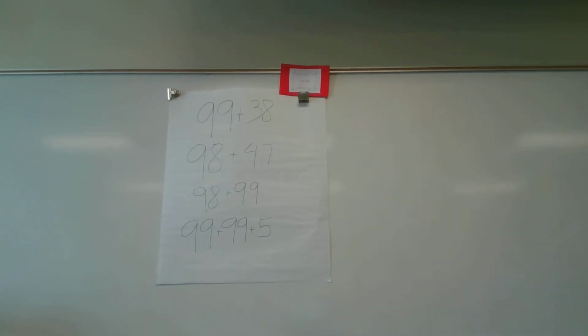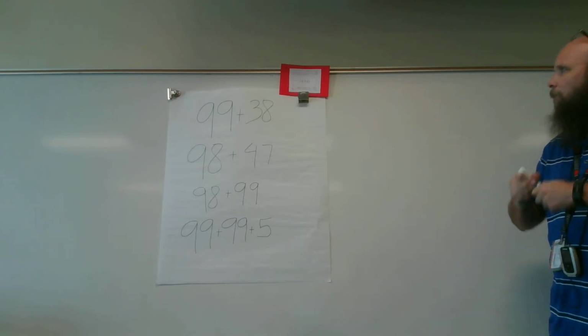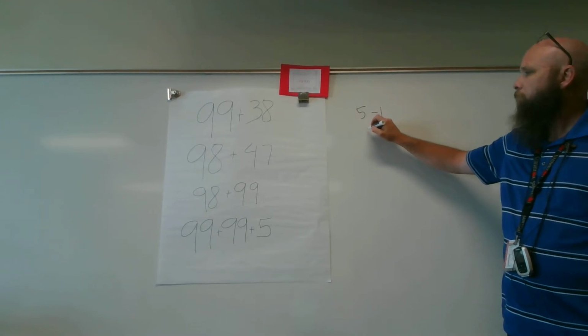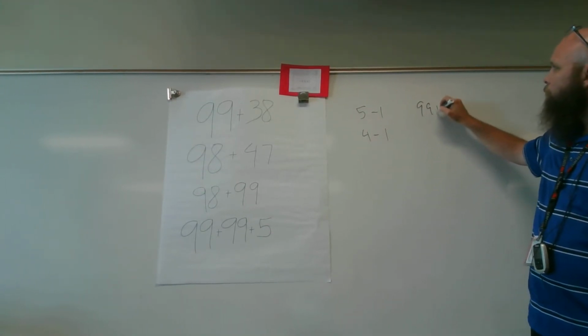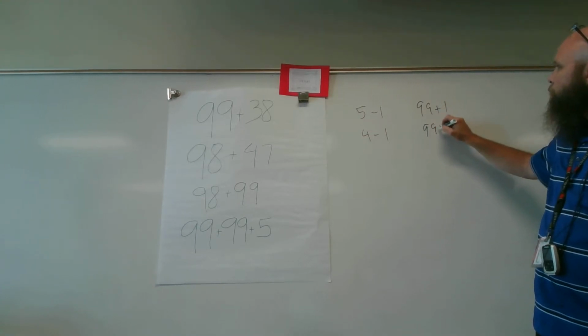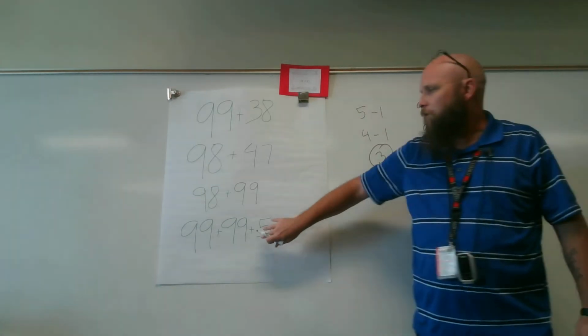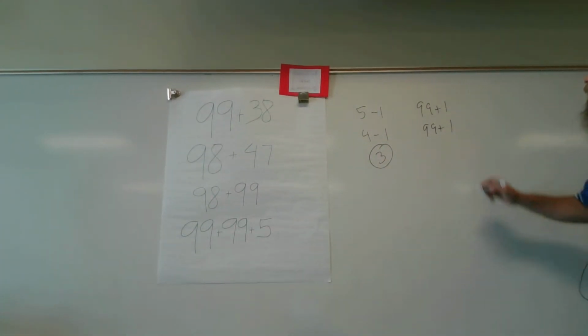So I took 1 from 5 and added it to the first 99. And then I took 1 from 5 and added it to the second 99. And then 100 plus 100 is 200. And then the plus 3 is 203. Okay, so we have 3 left over here because we took 1 from the 5 for here, 1 from the 5 for here. And so we had 100